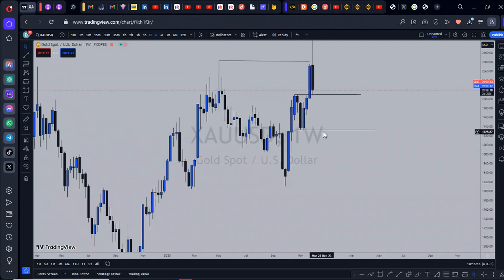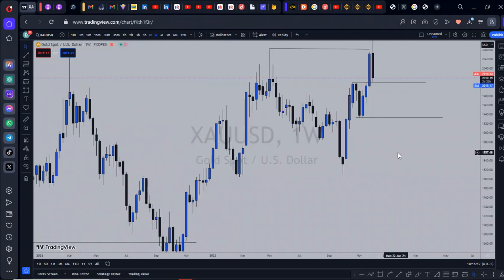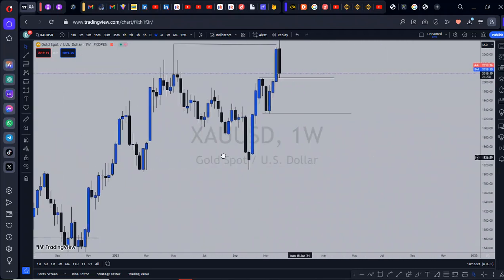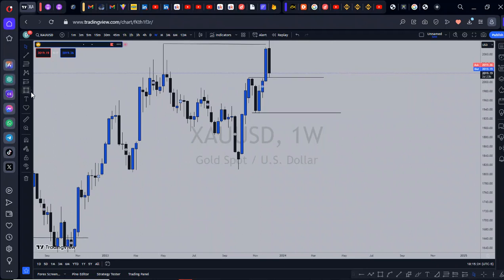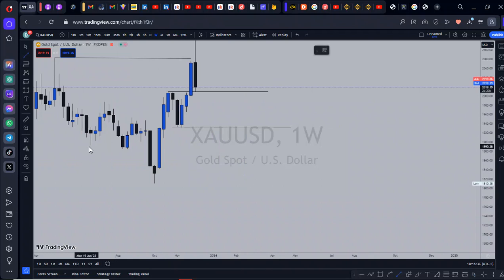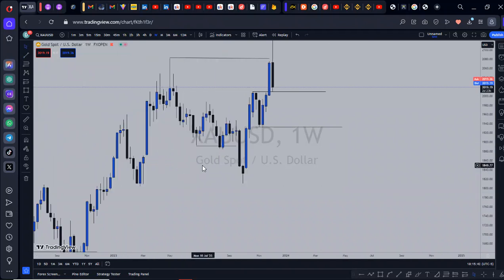Now if you look very closely on the weekly time frame, you can see that the chart is very clean and the structure is very perfect, right? So you can see that it traded into a demand zone right here, almost printed liquidity right here, because it went deeper. But then the interesting part was that it traded higher, and if you pay attention, this was an area of liquidity, an area of sell liquidity pool, support level.